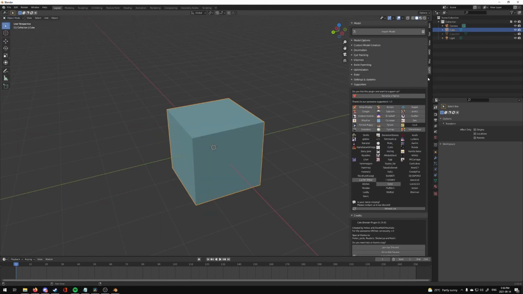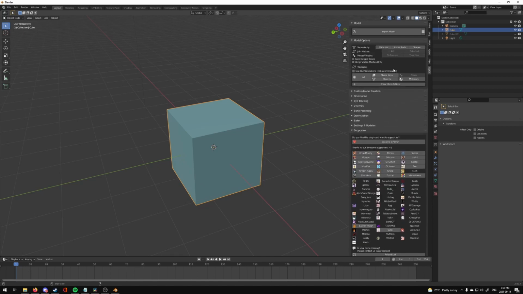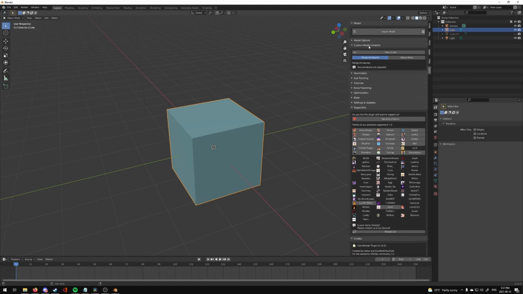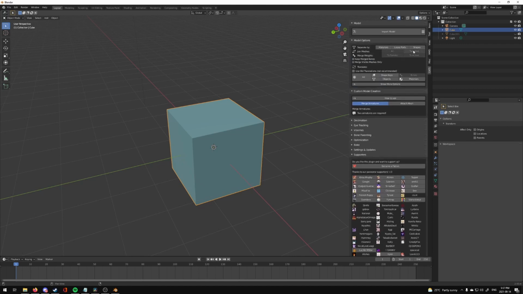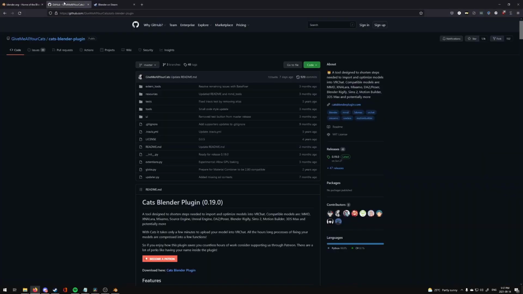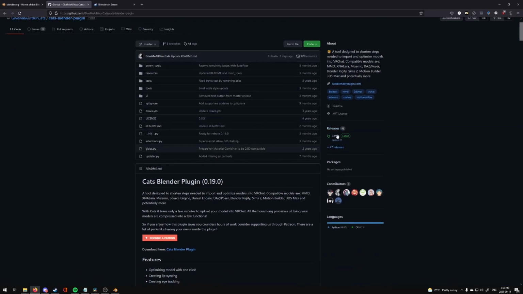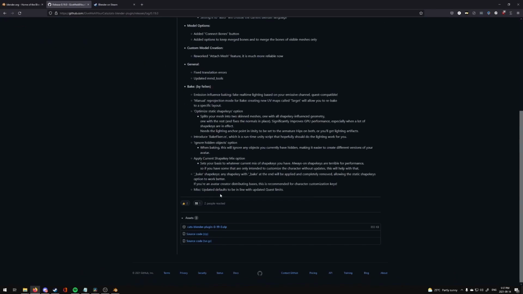The last thing, Cat's plugin is going to be pretty important, especially for people just starting out with Blender, as it will give you a lot of options specifically for MMD models, but just in general, a couple of buttons that will make things a little bit easier on you. Now, the Cat's plugin can be downloaded from the GitHub here. There's going to be a released version right here, and if we click on it, we can scroll down and